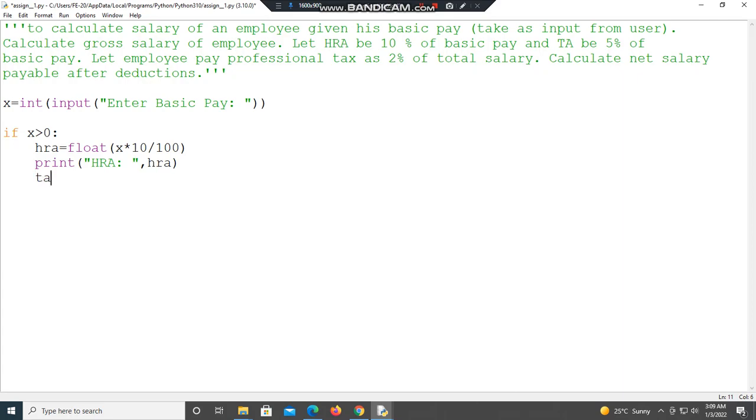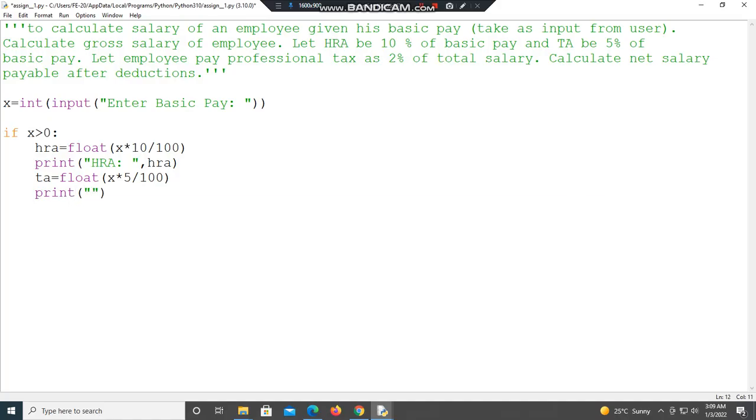Next, TA. TA is equal to, again we are going to convert it into float, basic pay into 5% of it. If you want, you can print it again.